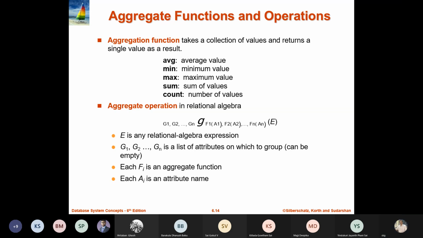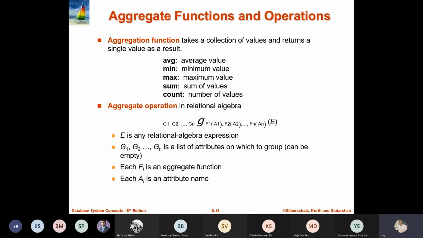department. So you want to find the total salary grouped by department, right? Or the number of courses grouped by department and so on. So E is a relational algebra expression, and G1, G2, up to Gn is a list of attributes on which grouping can be done. It can be empty, meaning I don't want to group on anything. Each Fi is an aggregate function,